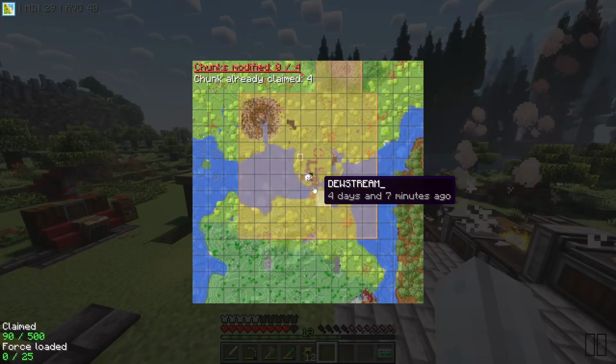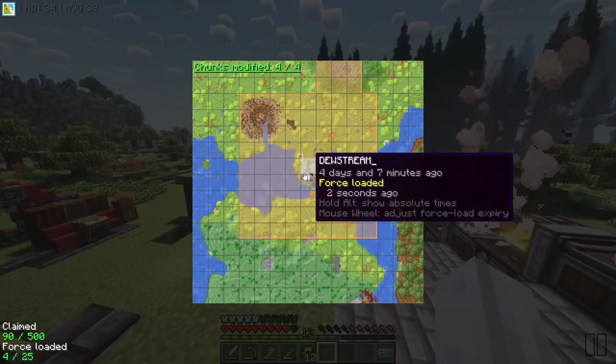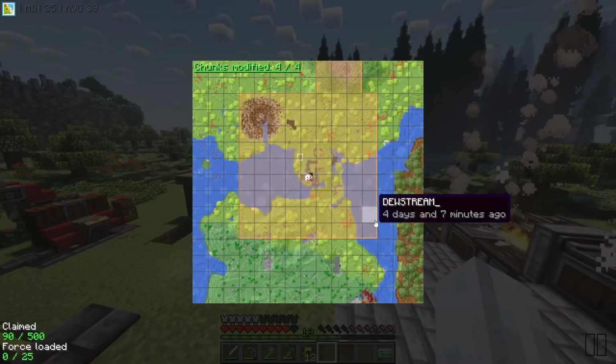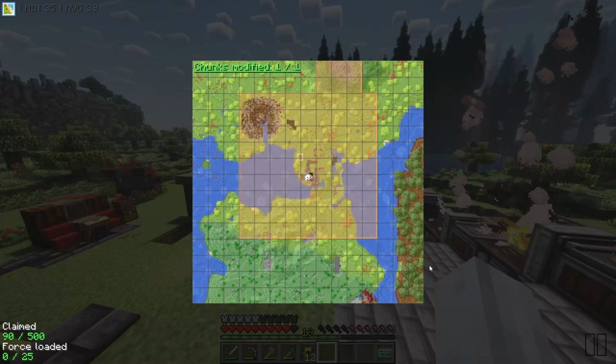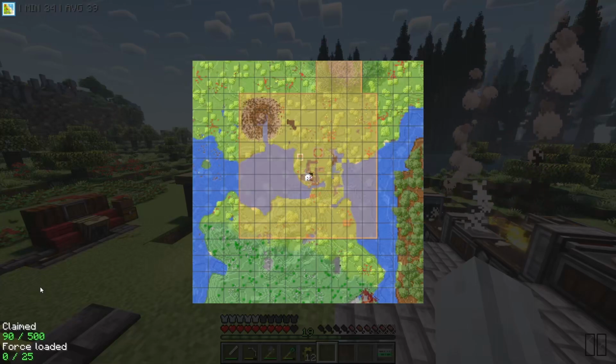If you want to force load it, you can hold Shift and left click, and it'll put these lines on there. If you hold Shift and right click, it removes it. If you hold just normal right click, it removes the claim. And you've obviously got your chunks in the bottom left. And yeah, on top of that,